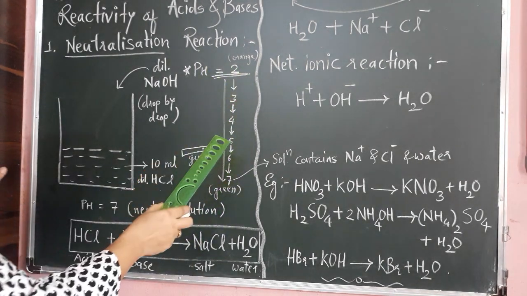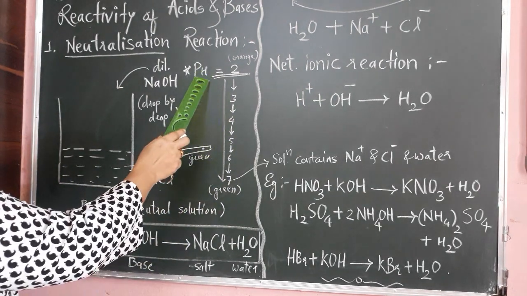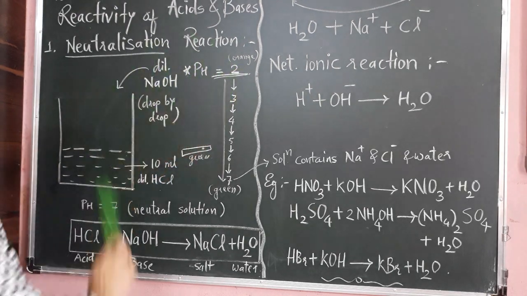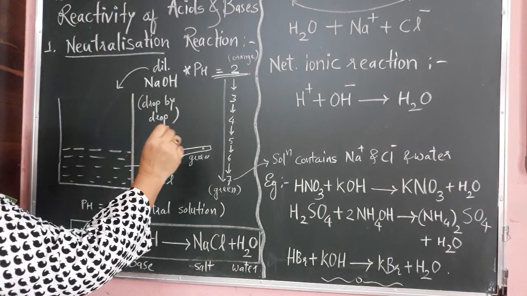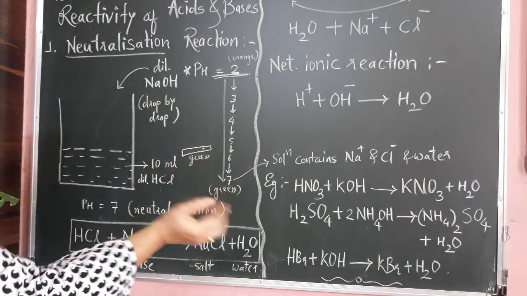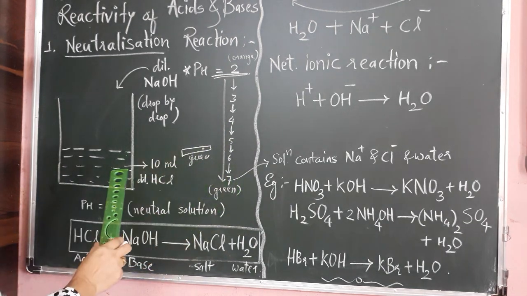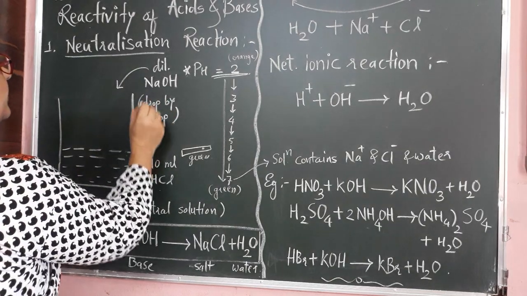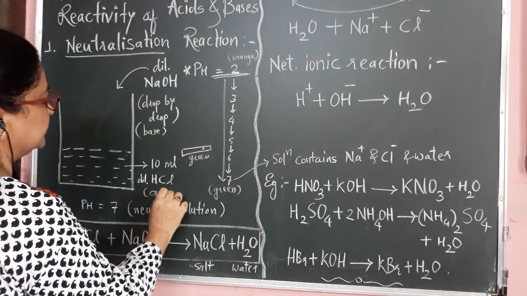Acidic means pH indicates the hydrogen ion concentration. The pH is 2, and that is also given as pH equal to minus log of hydrogen ion concentration. So this solution has become neutral. HCl is an acid and NaOH is a base.